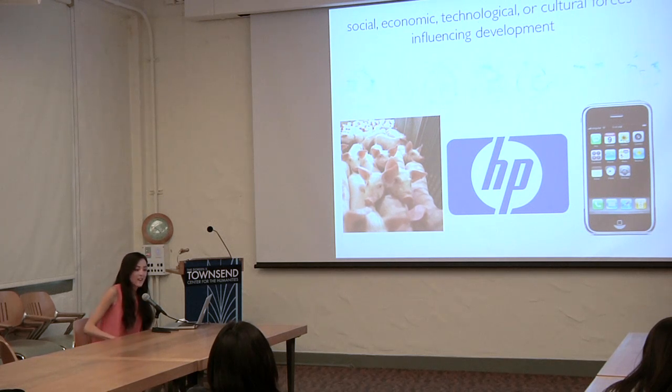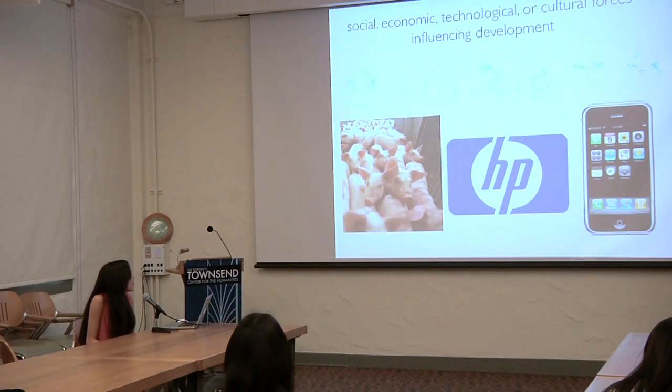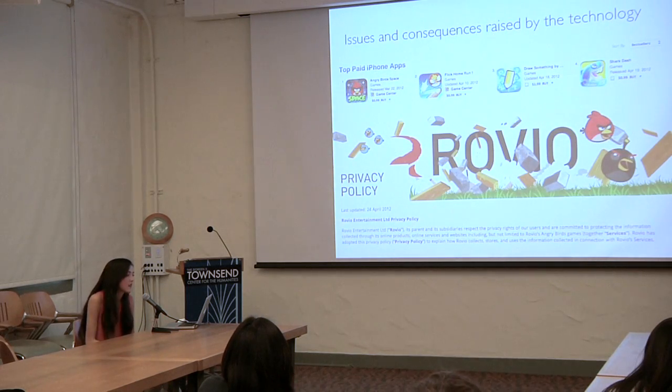And their company started up as a small startup, a group of people who entered into an HP contest for mobile apps. And so they came together with this concept based on pre-existing influences and the desire to create a game that was easy to play but hard to master. And so I thought that was really interesting, looking at all the background influences in this game, and then also issues and consequences that are raised by technology, such as